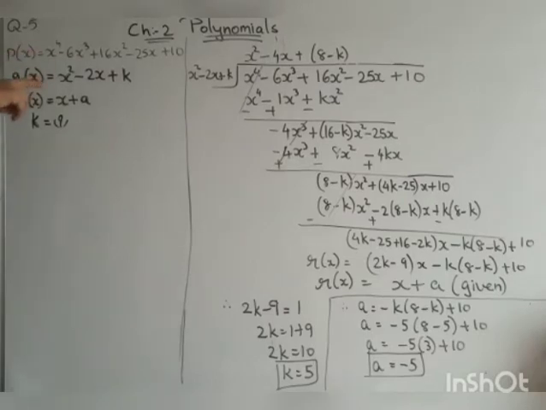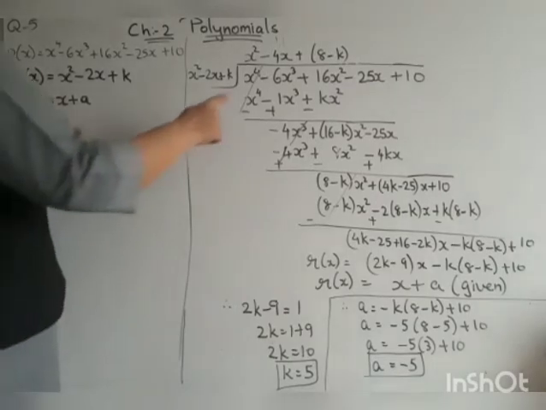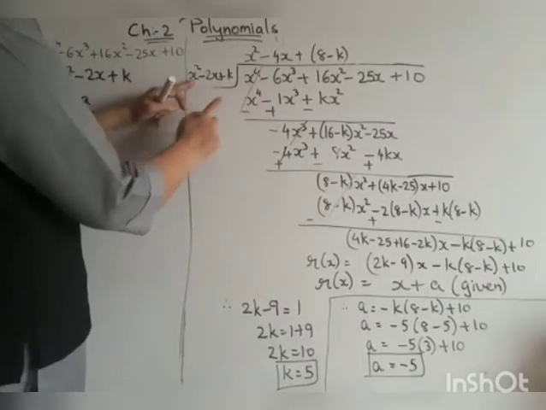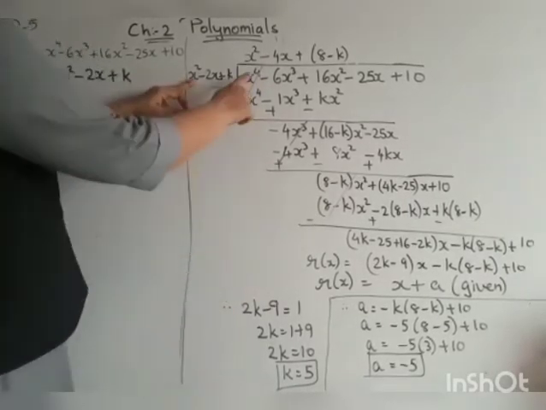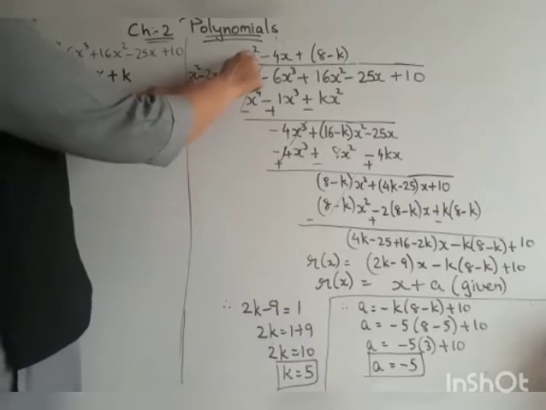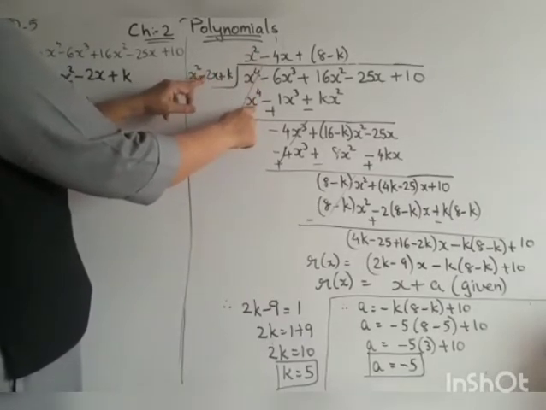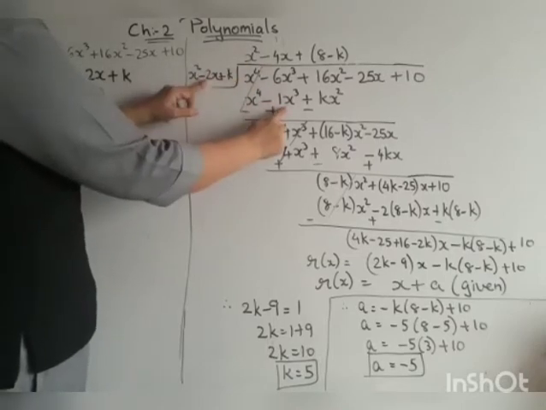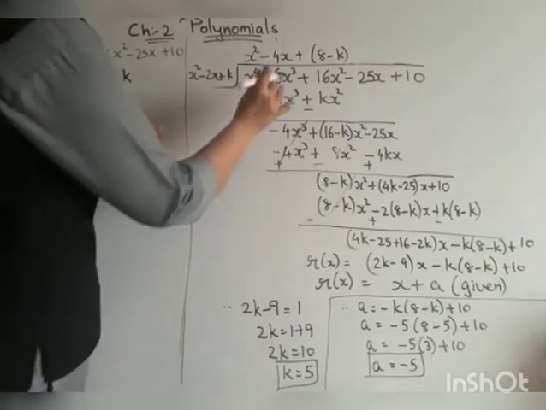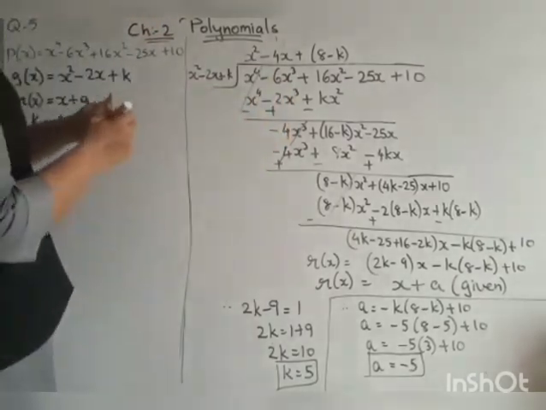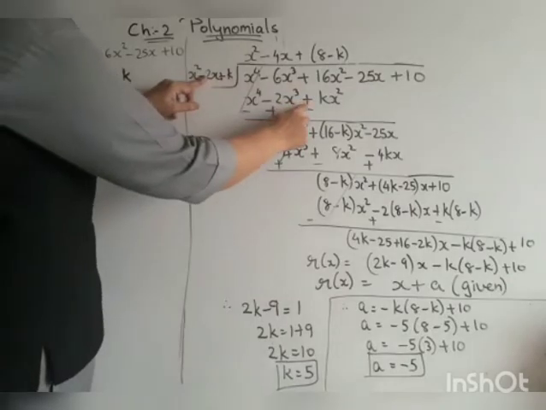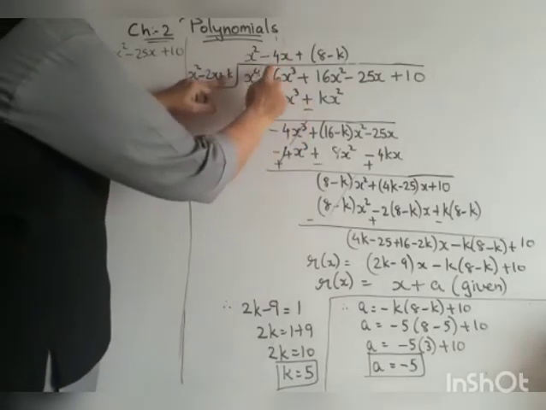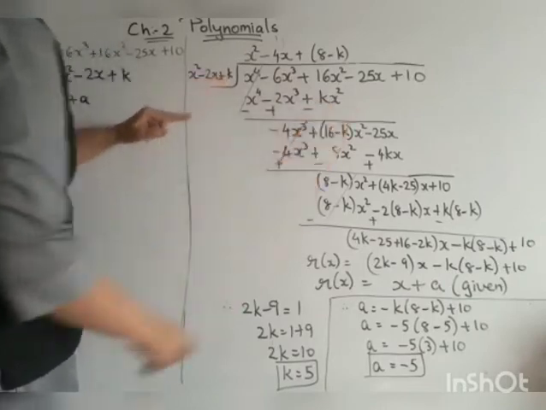Now children, p of x is there and g of x is there, so we will divide. But here division is a little bit difficult because it is in the form of k. Here the quotient is x raised to 4 and we have to divide by x square minus 2x plus k. We want x raised to 4, so x square multiplied by x square will be x raised to 4. Then change the sign, minus plus minus 2x into x square. So 2x into x square is 2x cube. Afterwards minus minus plus, so it will be plus k, and k into x square is plus kx square.